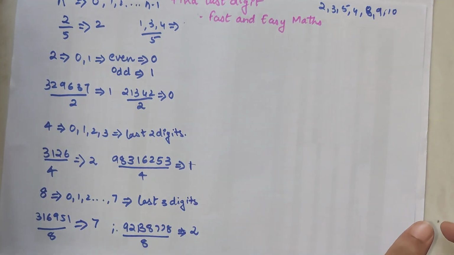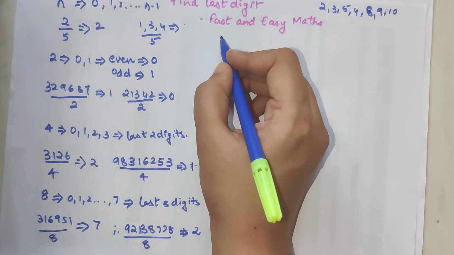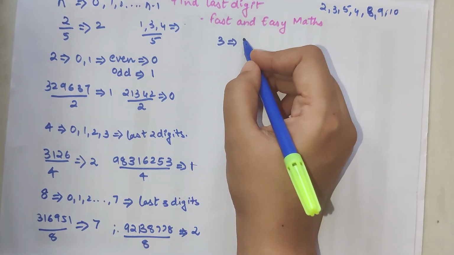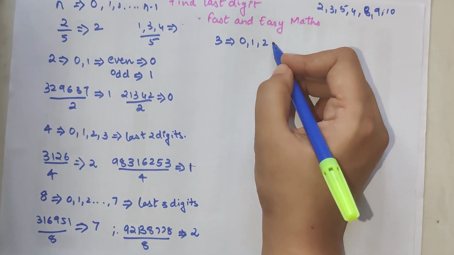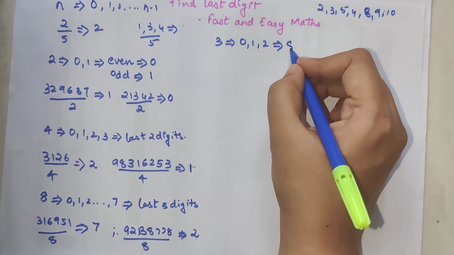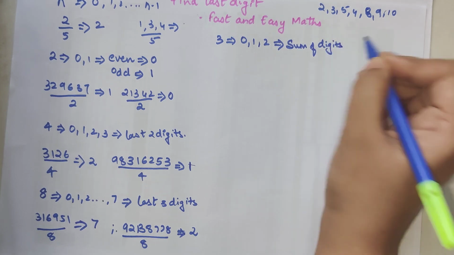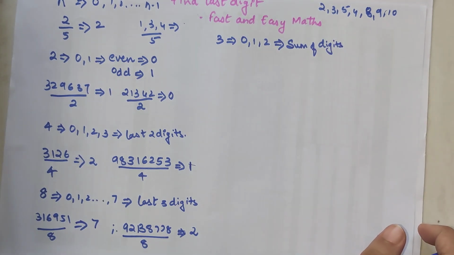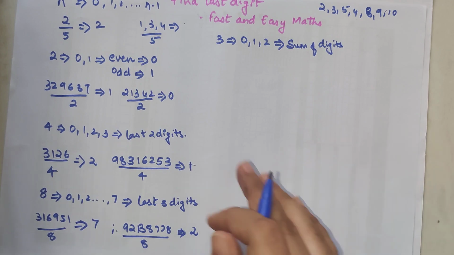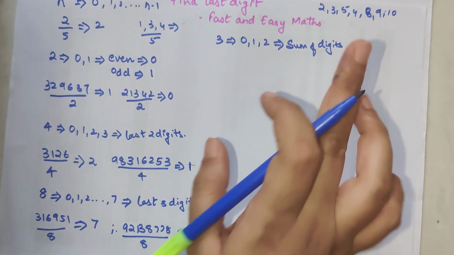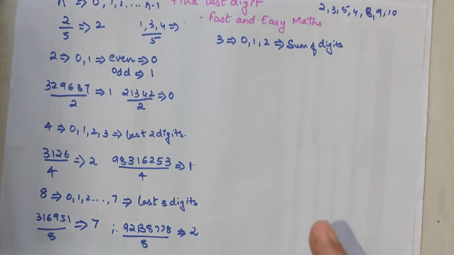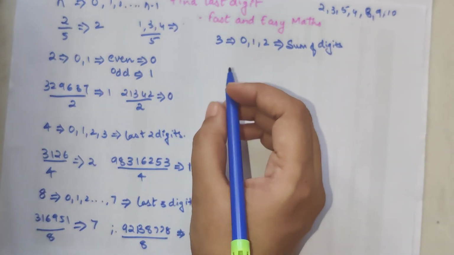Now let's look at what is the divisibility rule for 3. So here my possible remainders are 0, 1 and 2. And what is my divisibility rule? That the sum of digits should be divided by 3. If it is divided by 3, then the remainder is 0. Otherwise, what will be the remainder? The remainder will be nothing but the sum of digits of whatever the actual sum of digits is. I know it's looking confusing. Let me explain this very quickly.